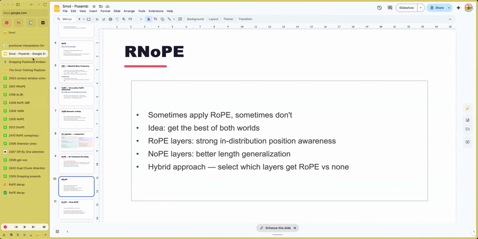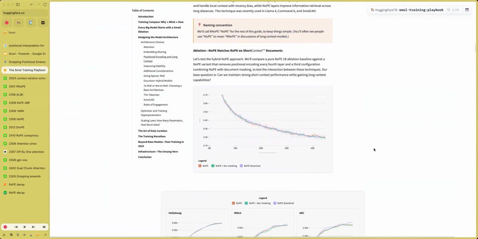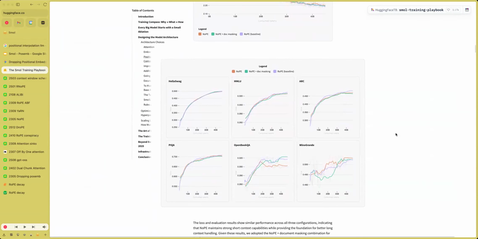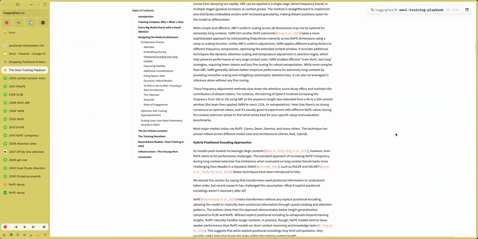You have good quality, and they show it in their ablations. Good quality on small context tasks,